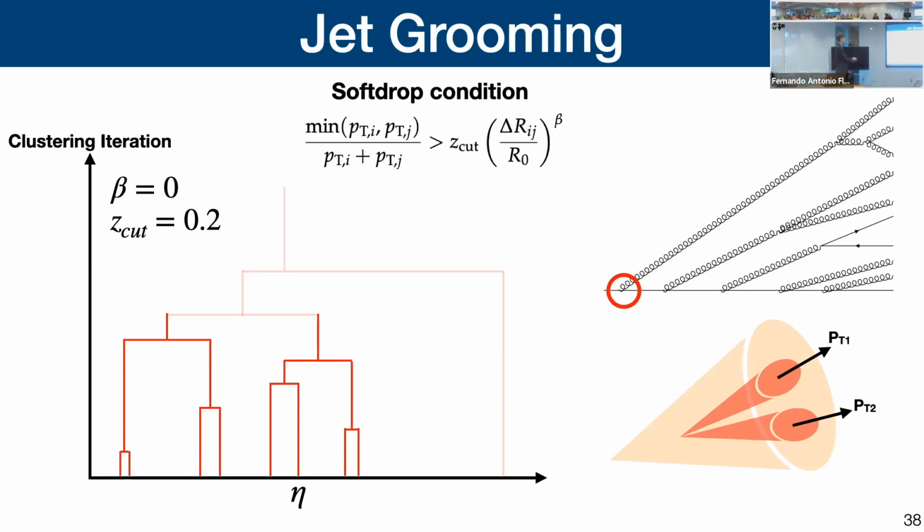When you stop the procedure, you end up with two separate branches. These correspond, for example, to this parton outgoing and this parton outgoing in your shower. In your detector, these look like two smaller cones within your jet. These are known as subjets. You can look at the kinematics of these subjets to learn about what happened here. So this is the idea of so-called jet grooming and reconstruction.